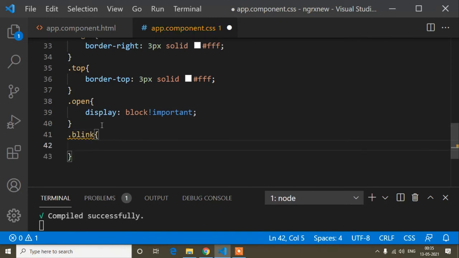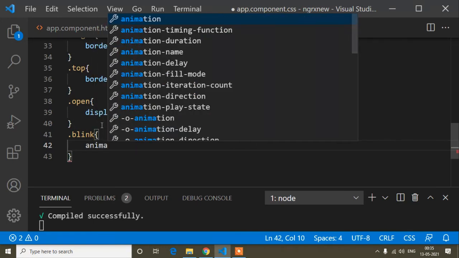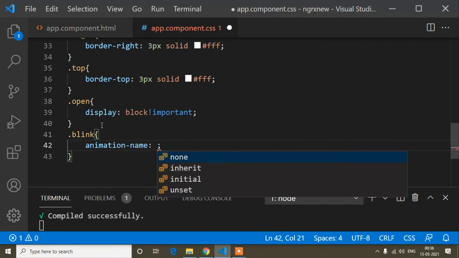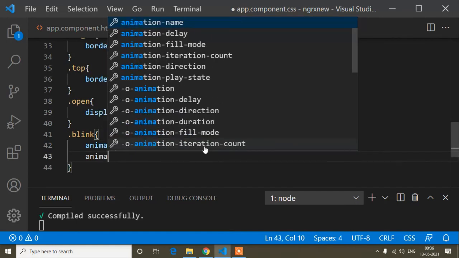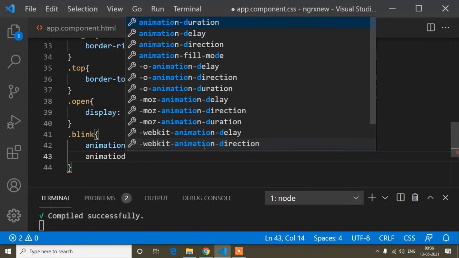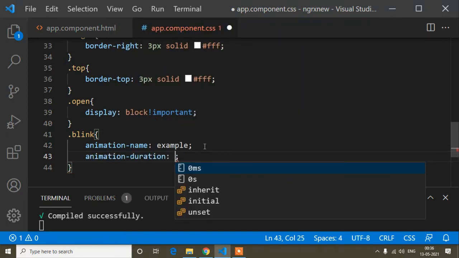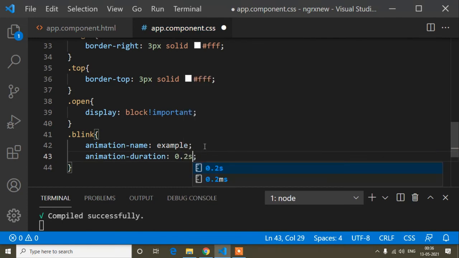And now here I will write another CSS, that is blink. First of all I will write the CSS property and value, and after that I will show you the use of blink CSS. So for example, the animation name is example, and the animation duration is 0.2s.